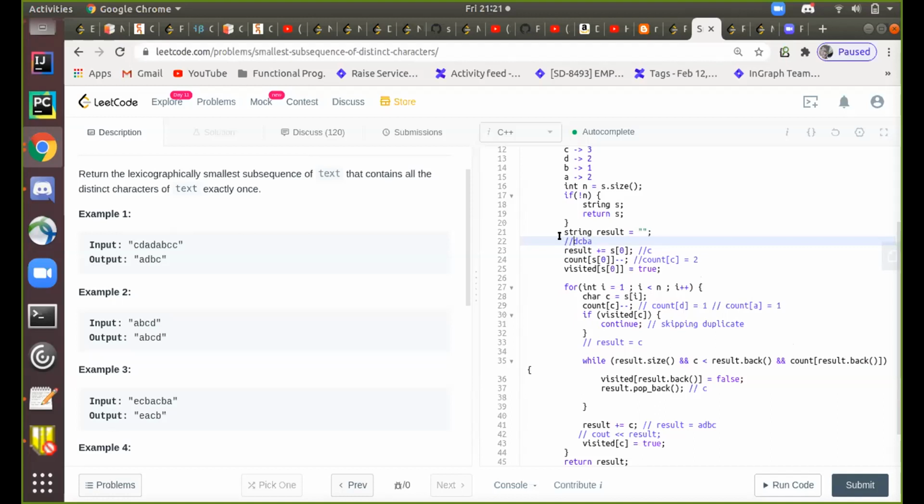Yeah, so this is an efficient way of doing this. Yeah, absolutely, I agree. The only concern is when you have that result dot back. That is very specific for a vector, that particular function.